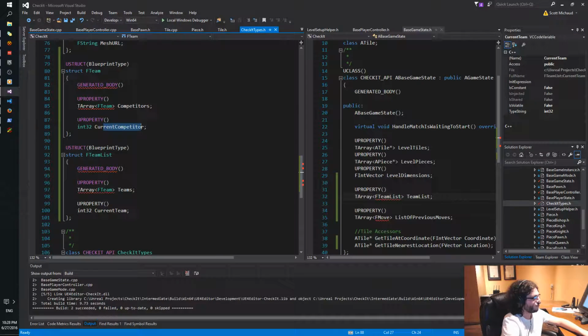I don't like how wordy this is, or how many letters it is, but you know. Yeah, previous moves.